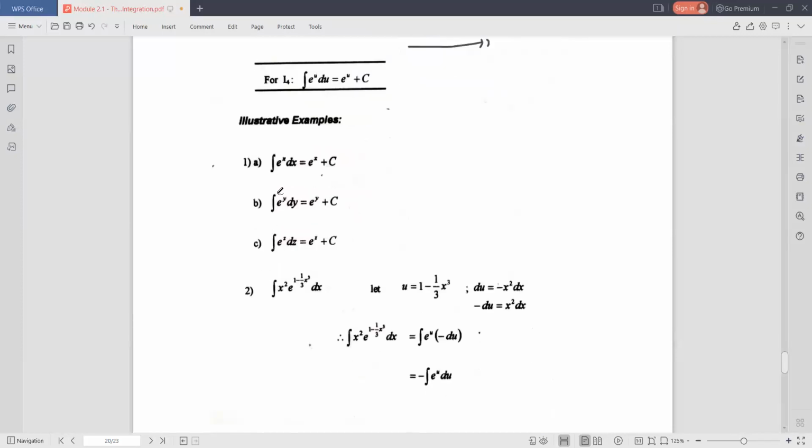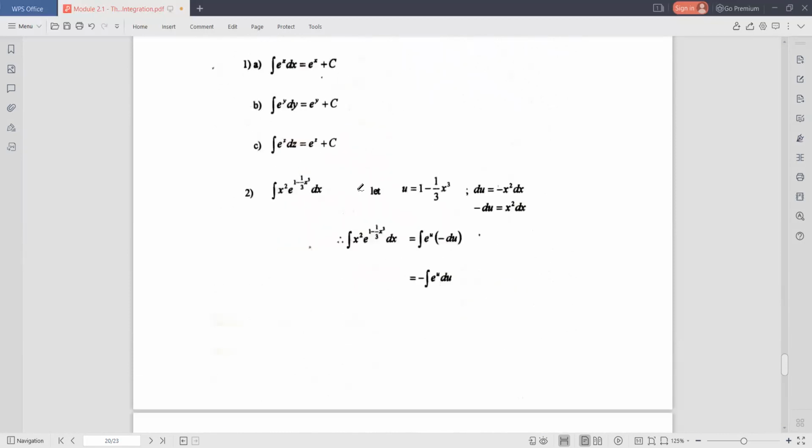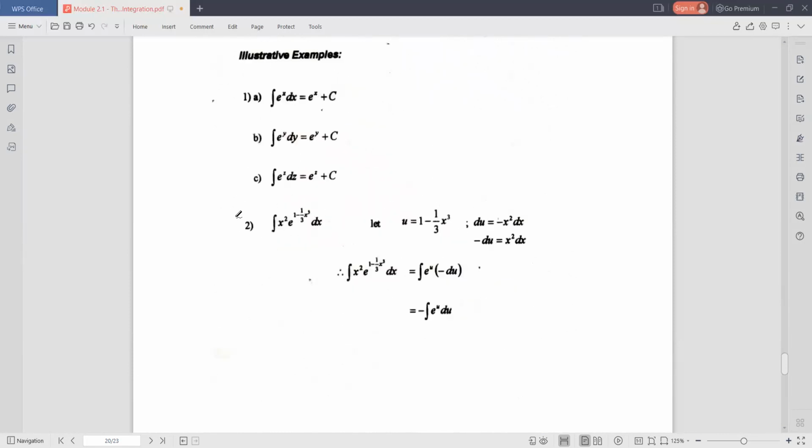Okay. So we have here another example, that is integral of e^y dy, or that is equal to e^y plus c na lang. Yan. So ito mas madali to. Parang kinuha mo lang yung integral sign tsaka yung du, tsaka nilagay mo yung plus c. Yan. How about this one? Meron tayong medyo